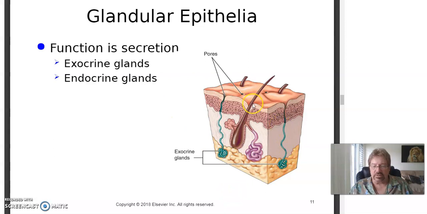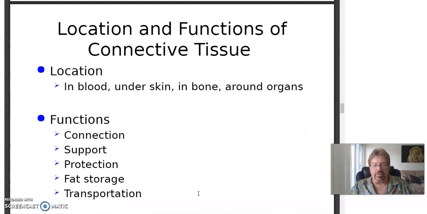But here's a square of skin. Here it shows the stratified squamous epithelium. This is called the epidermis. Down here's the dermis. Here's the fat in our skin. This is an oil gland. Here's a hair shaft. And these are sweat glands. Skin is extremely complex, guys, a lot more than you might think. We'll talk about that when we talk about the